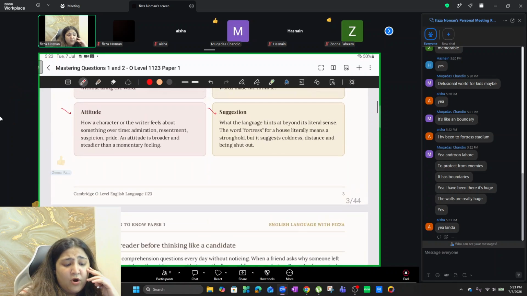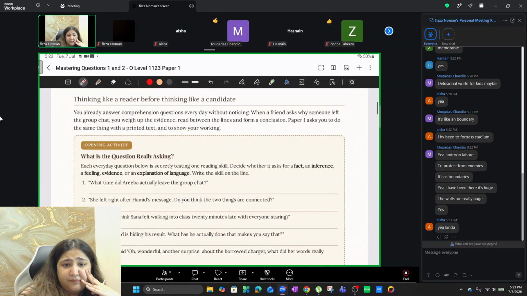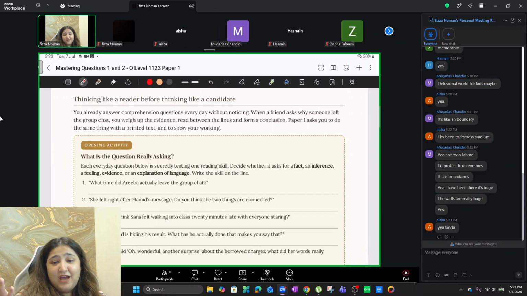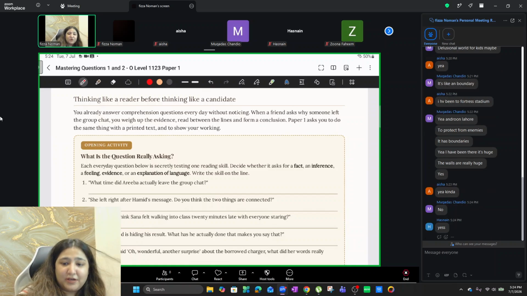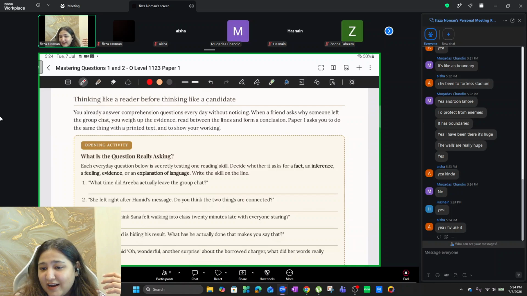Okay. Let's move on. Now, this is an extremely important bit. This is where I want you to think like Gen Z. You're all Gen Z, and you can think like Gen Z because you do so on a regular basis. You are the generation that has grown up on WhatsApp, on Instagram, on Snapchat. I remember some other apps as well that students got used to during COVID. I remember some of my students at that time used to use Discord. Do we still use Discord? Is it still a thing? Okay, no, now it's over. Its fame has gone down. No, you don't use Discord anymore? Okay, Aisha says, I use it.